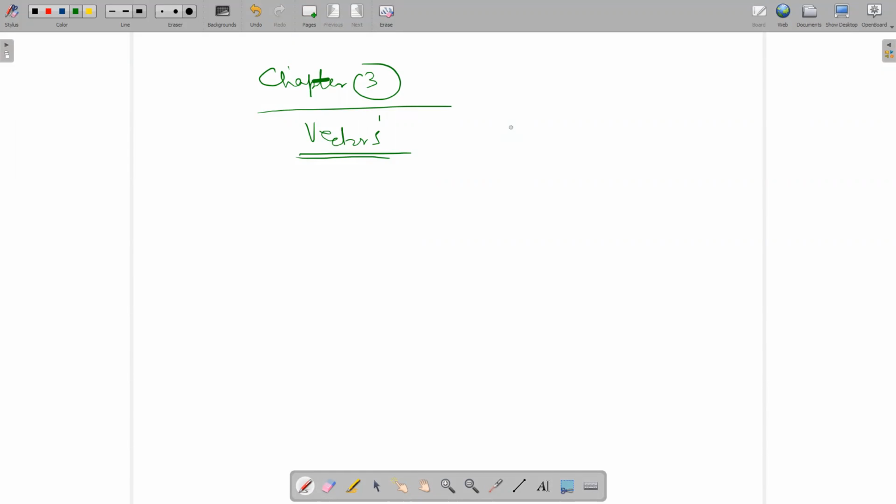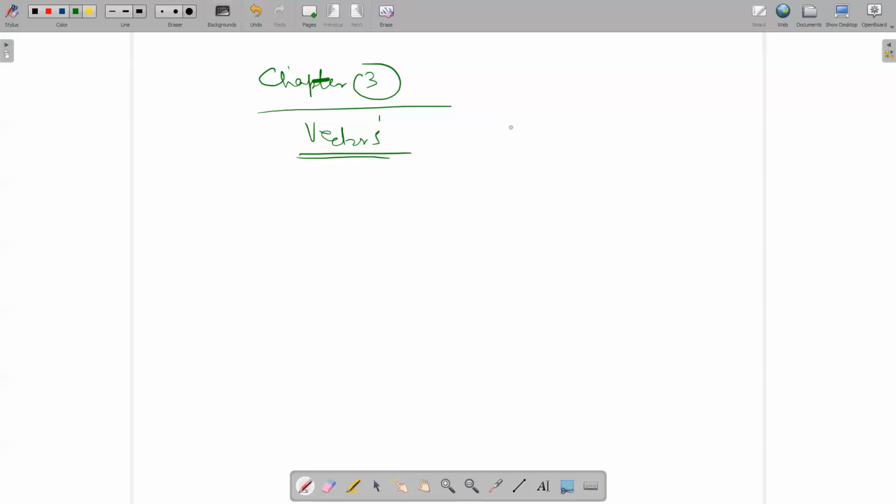So in this chapter, we will study the scalars and the vectors, and then the coordinate systems, and then the laws of addition of vectors, and then we will see some subtraction of vectors, negative of vectors like this one. And then at the end, it will be a very important article, and that is the rectangular components of vectors.